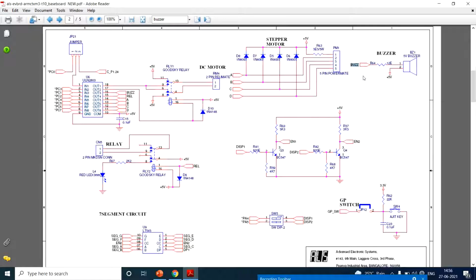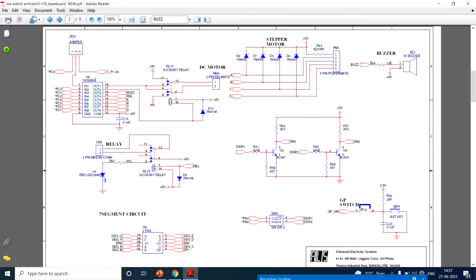Okay, so where it is connected, you can come down over here and find that it is BUZZ. The end point of the buzzer is BUZZ. So just copy that and paste it in the find panel. When you press the second time, you can find that BUZZ is pointing to somewhere over here. So this IC is ULN2803, which is a buffer network. This BUZZ is connected to the 16th pin, which is out 3.